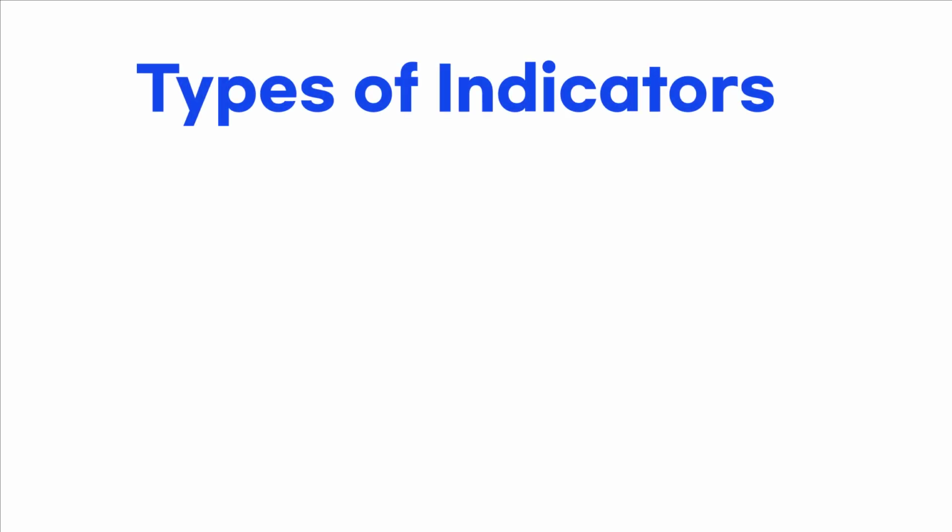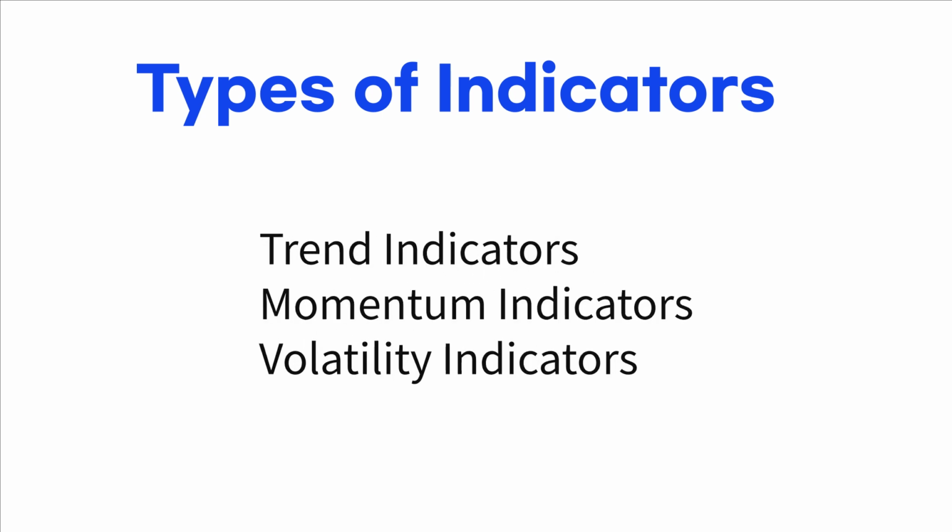Where is the market heading next? That's a question every trader will find themselves asking, and now that you should be equipped with the basics of Forex trading, we'll attempt to answer it by exploring the indicators most often used in technical analysis. These indicators can be broadly categorized as follows: trend indicators, momentum indicators, and volatility indicators. We'll start with a brief overview of what each category means, then we'll explore the indicators in detail in later